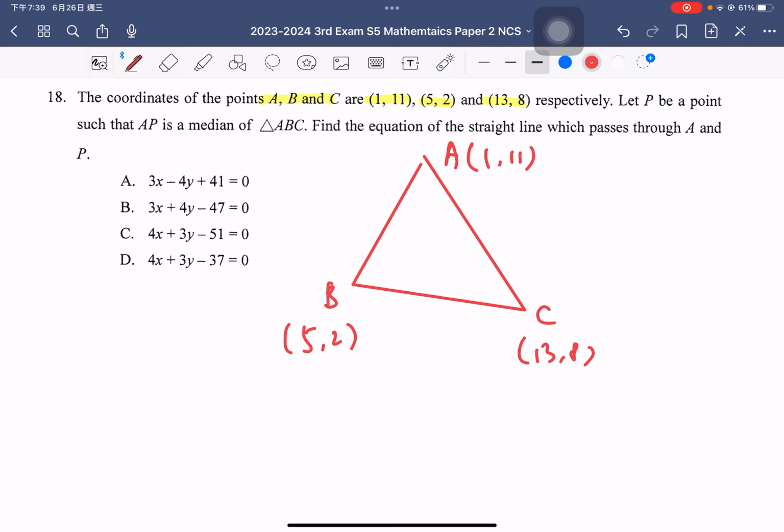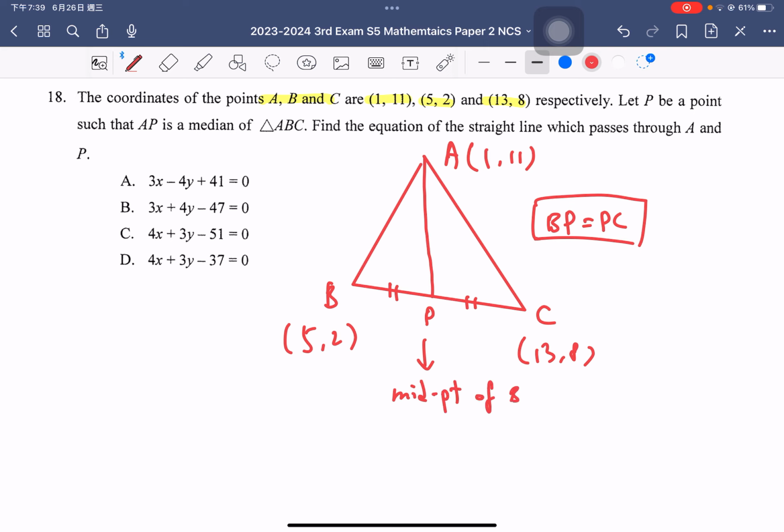And then for the second sentence, they're saying let P be a point such that AP, so starting from point A, is the median of the triangle ABC. So A should go to the point on the line BC, and make it so that BP is actually equal to PC. So we have a point here. This is P, such that BP is equal to PC. In other words, we can say that P is actually the midpoint